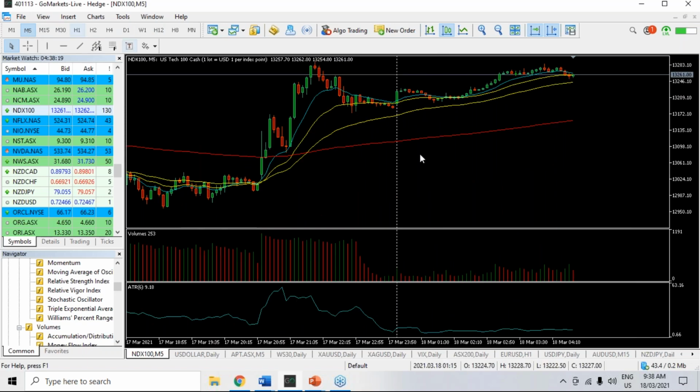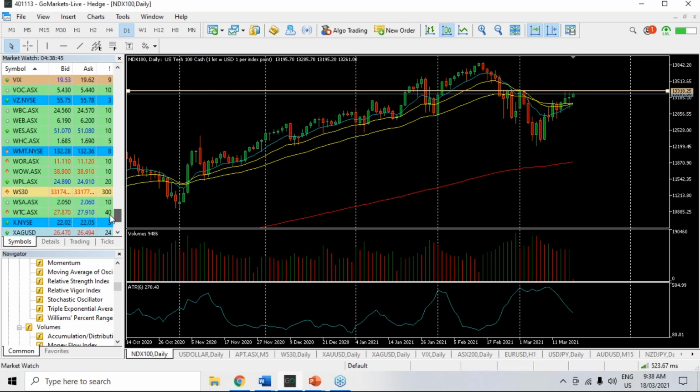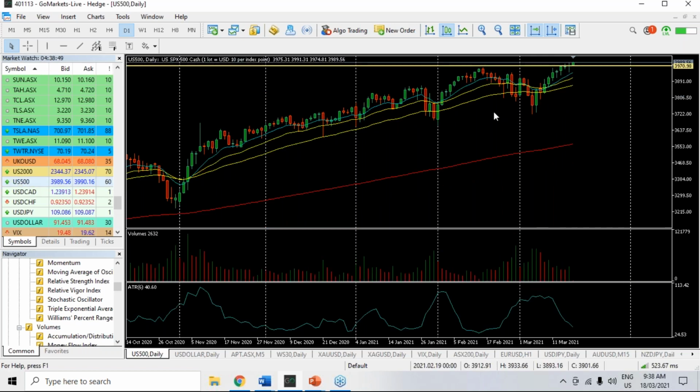But if we look at a 5-minute chart just to see what's happening now, there was the Asian Open. So we shot up, pulled back. We're sort of in a bit of a range at the moment, but the key thing that's caught my eye is the 10, the 20, and the 50 EMAs, all potentially moving higher. So a break above that, and this could see us push back up to test record highs on the Nasdaq. Of course, the S&P 500 is already there. So we'll have a look at that.